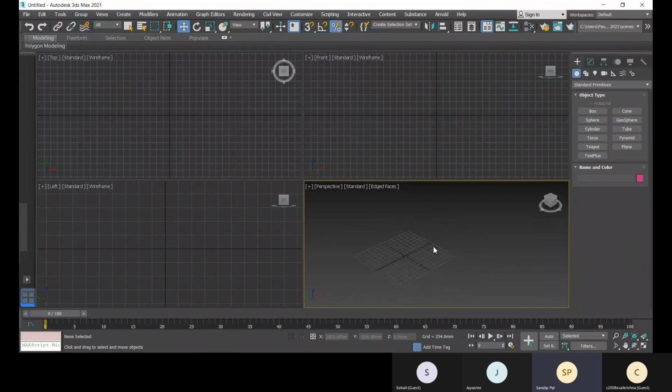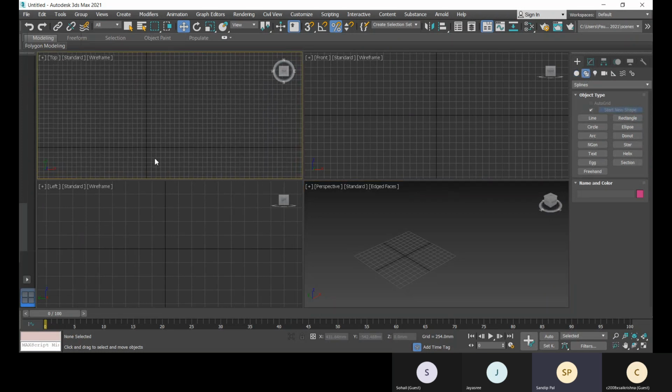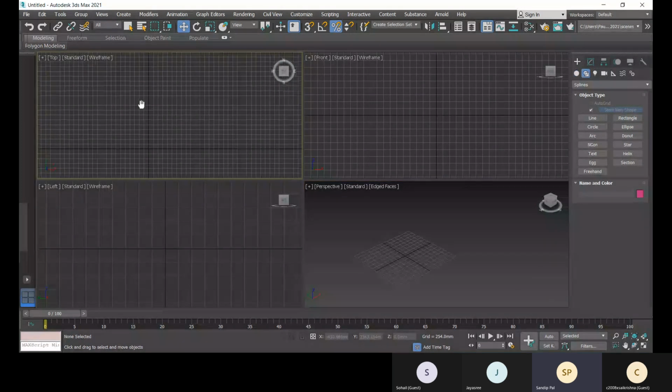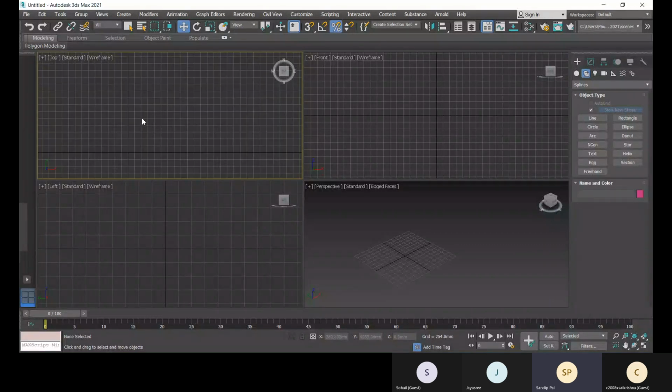Now we can have 2D shapes. We can create 2D shapes. For that, this shape option is available here. And now this grid, according to the grid, if I want to create anything, that grid will help me. In the previous class, I showed you the grid spacing.